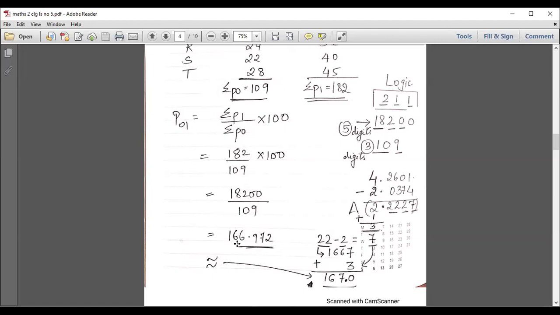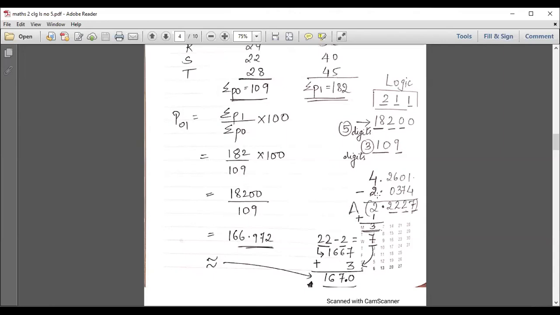So just pay attention to whatever I'm teaching you all. The part you see on the right side is totally rough work. You don't have to show this in the exam, but for practice, yes, I will tell you to show the working on the right hand side until you are very thorough and fluent in solving logs in seconds, once you're clear with the concept. For the time being, I'll keep the working here because I'll explain in the last how to derive the final answer.